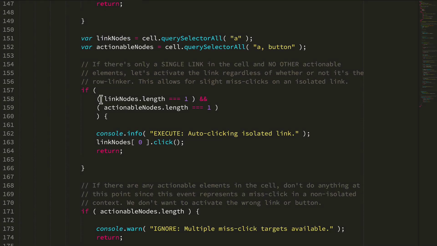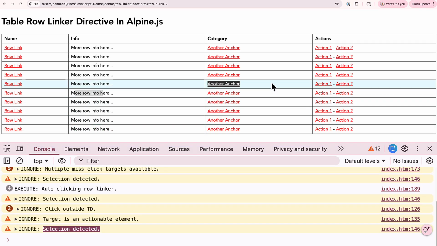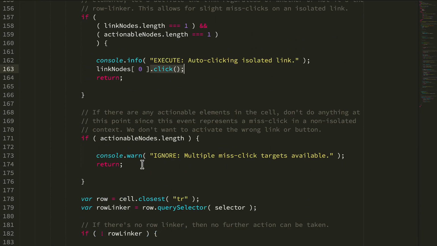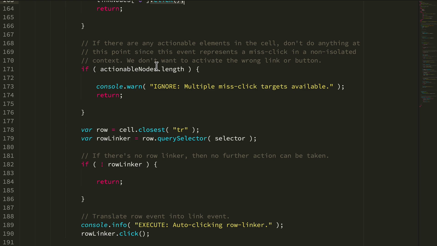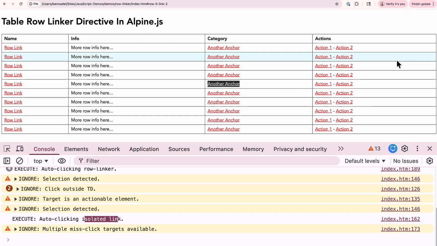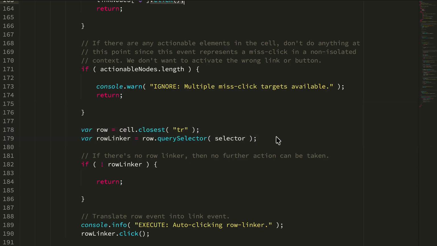if you click in a cell and there's only a single link and there's no other actionable element, then I'm going to execute the click on that link. And that's what we're seeing here. If you click into a cell that has a single link, you can see auto clicking an isolated link. All right, so that's what we're doing there. If there are multiple elements, I'm ignoring it. And we can see that if you click somewhere here into the actions, you can see multiple misclick targets available. So I'm not going to make any decisions about what you intended to do because there's some fuzziness here in what was possible. If we jump back,